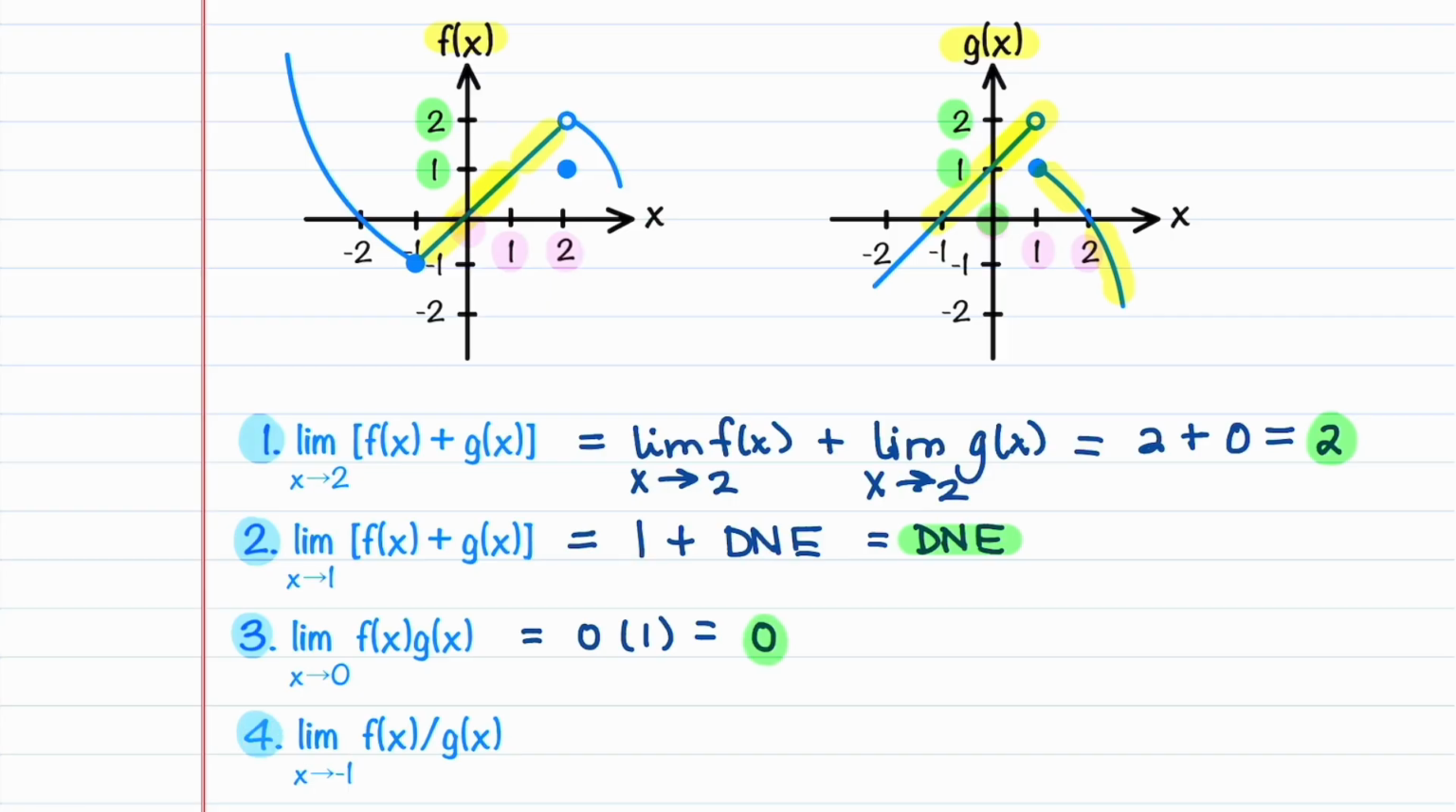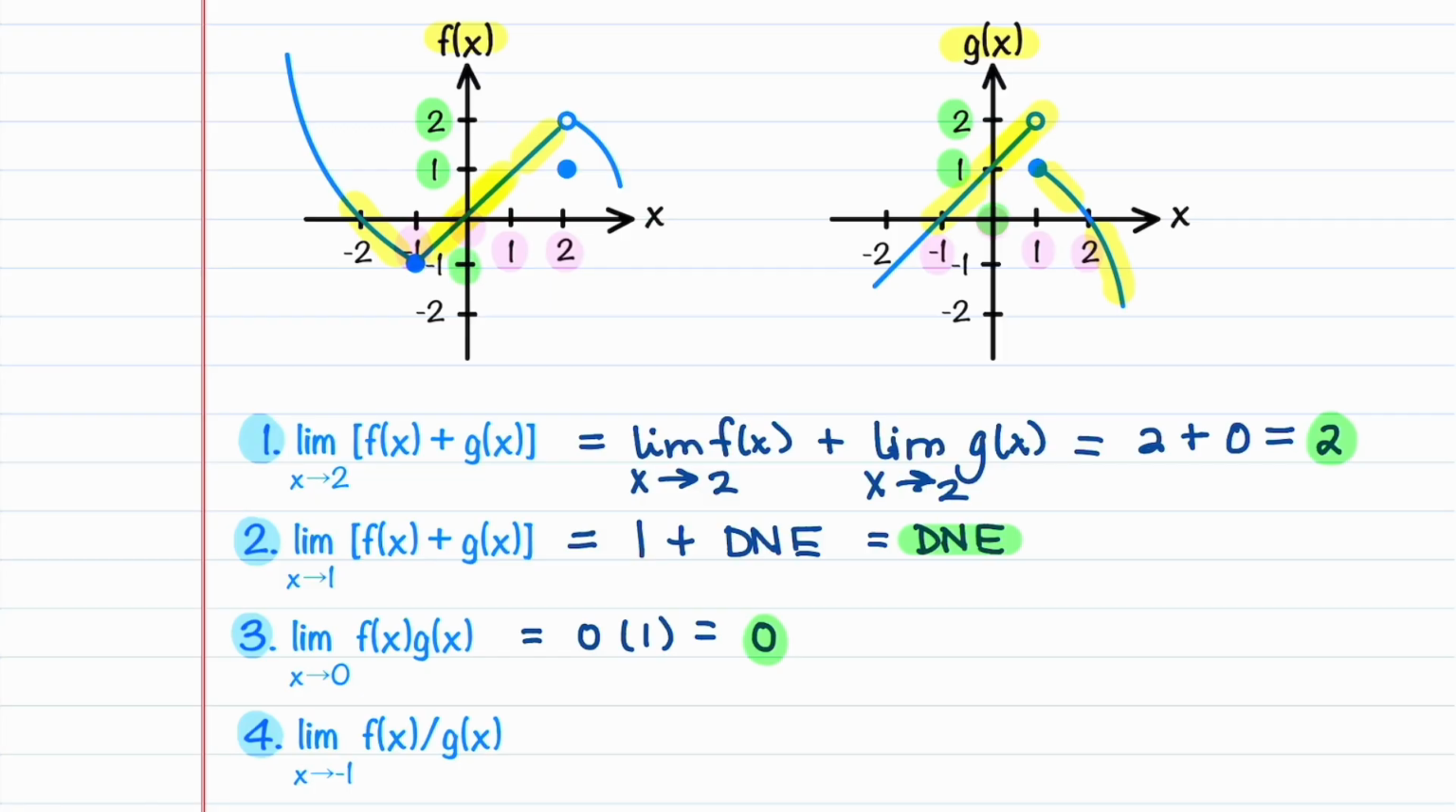So our limit is equal to 0. Let's look at our last one. For this one, we are going to be looking at the point x is equal to -1. So let's highlight that. For f of x, we are going to be approaching from the left and from the right, and we get a value